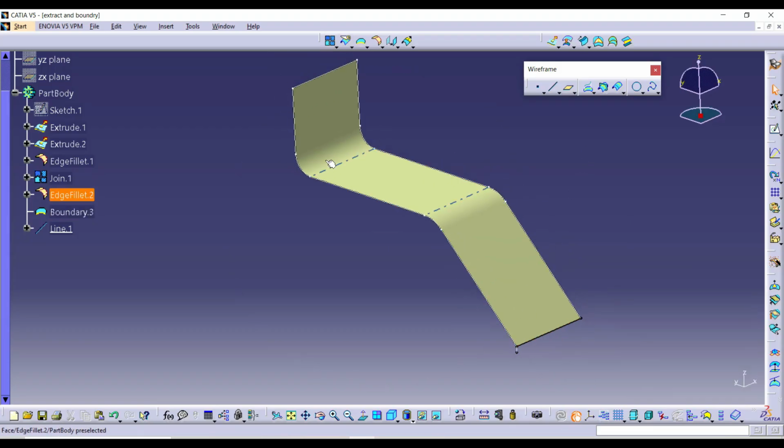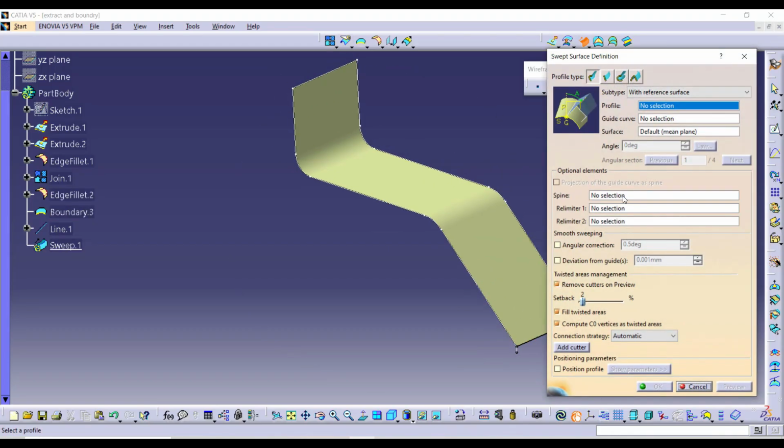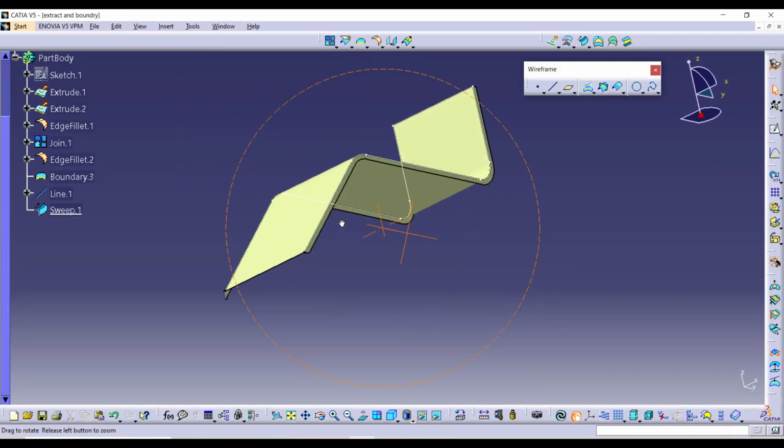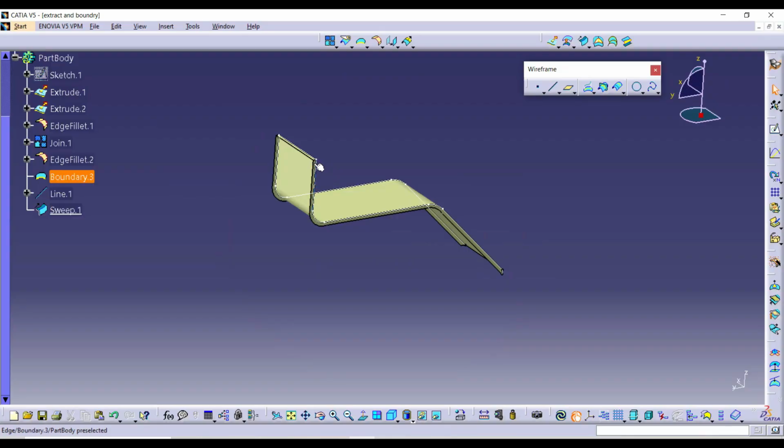We have the profile as well as the boundary. Select the sweep command. This command we have seen in earlier lectures. Just follow the playlist if you want to see this command. Go for the reference surface option. Select the profile here as this line, and the guide curve we will select here as this boundary and say preview. Say close. Now one boundary is made, you can see the complete boundary is being swept here with this line of